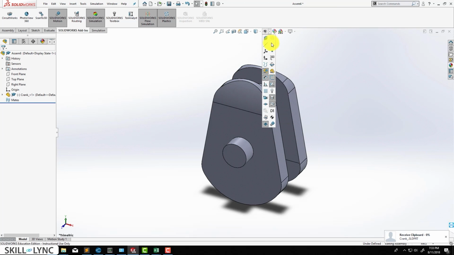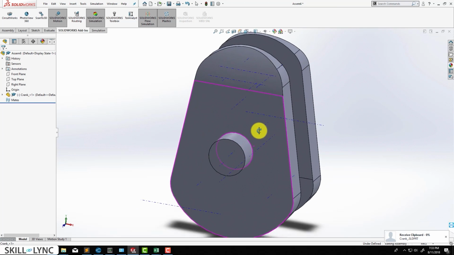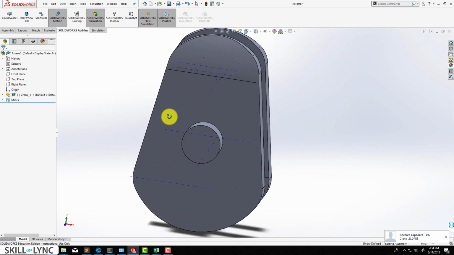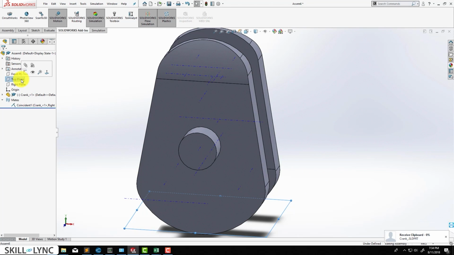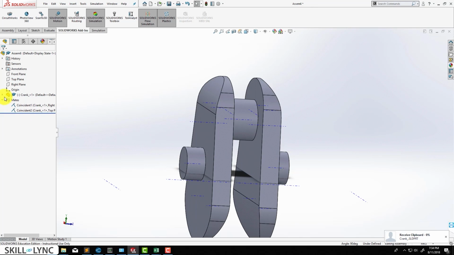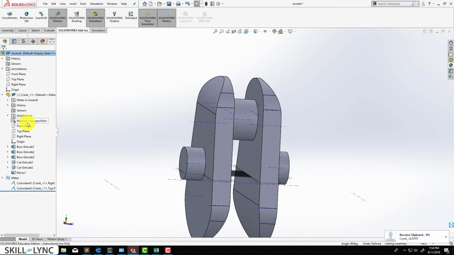So next we are just going to make sure that the temporary axis is visible, and then we are going to select our axis of crank and then the right plane and then click on coincident. Similarly, we are going to select the top plane and then the axis to make it coincident one more time. So then we are going to expand the component and select the front plane of the component,